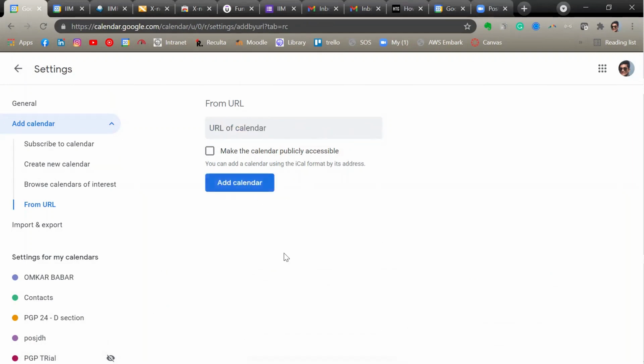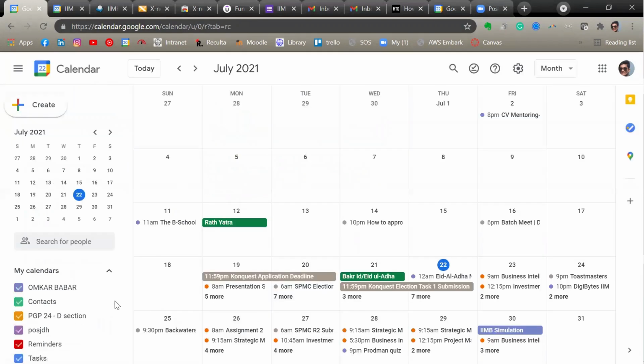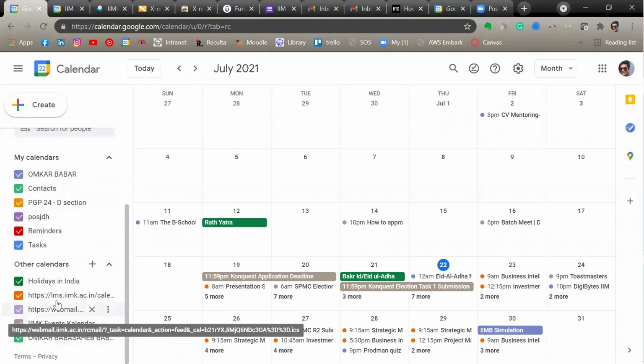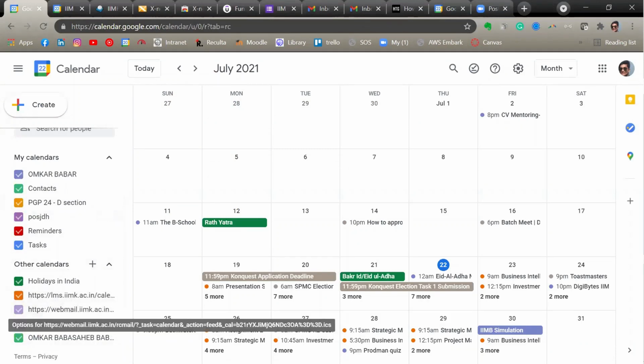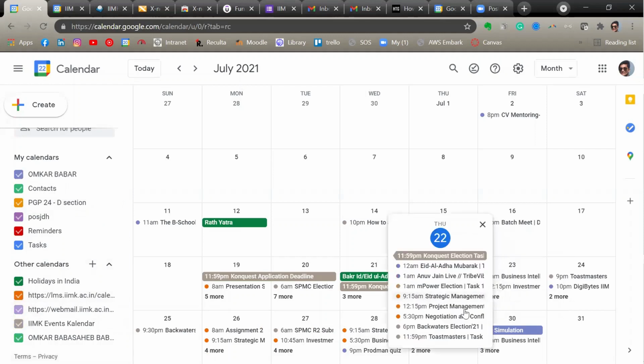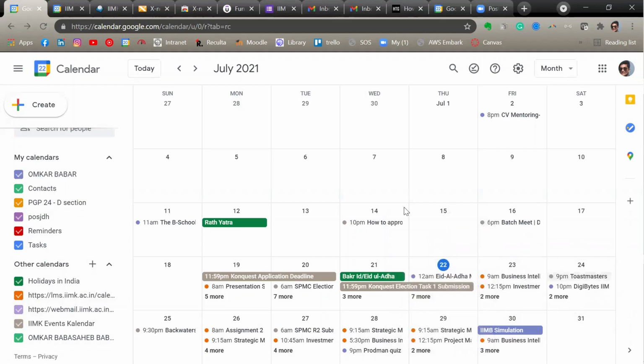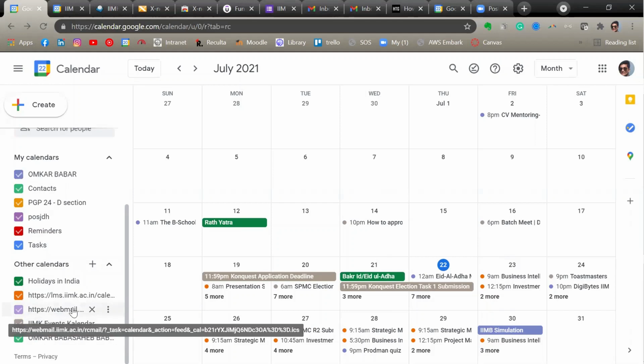Awesome. So your calendar has already been added. You can see that this particular calendar, which is webmail, has been added to your personal calendar of Gmail or Google. But the problem here is webmail takes time, or currently this syncing process is not working properly.